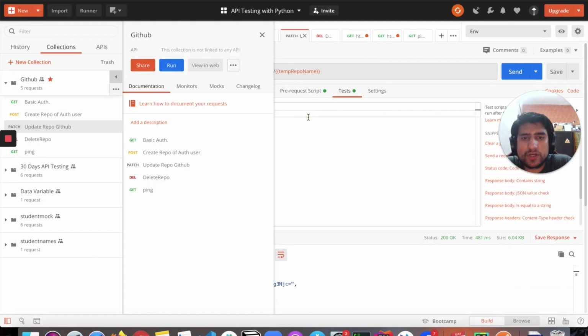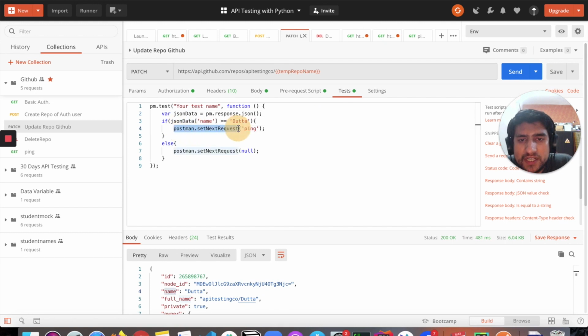You can use something called postman.setNextRequest. Depending upon the logic, if you have a number of requests lined up, you can skip the next request.